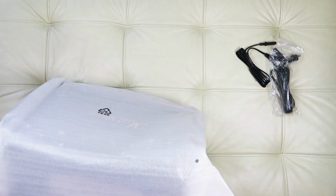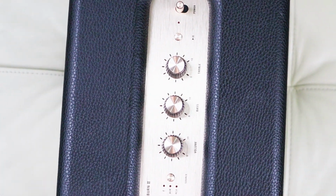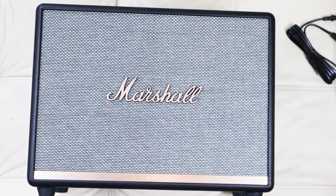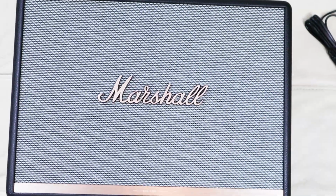Now it retails for about $500. The appearance itself lends itself to the $500. Now the sound, I'm sure there are other speakers that can pretty much come comparable to the sound this Marshall speaker gives you. Now it has a lot of nice little features as far as the lighting on the knobs,